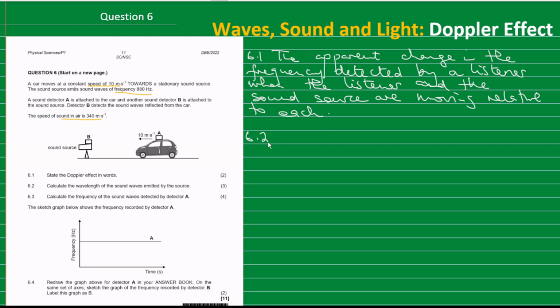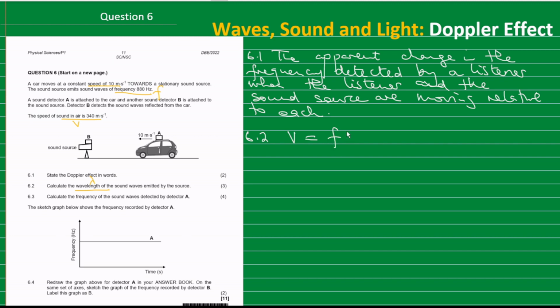Then 6.2 is to calculate the wavelength of the sound waves emitted by the source. So we are told that B is emitting a sound, and that sound has a frequency of 880. So we are required to calculate the wavelength. The symbol for wavelength is lambda. We are given frequency, which is F, and we are given V, which is the speed of that sound in air. So we are going to use the formula that combines these three variables, which is V is equal